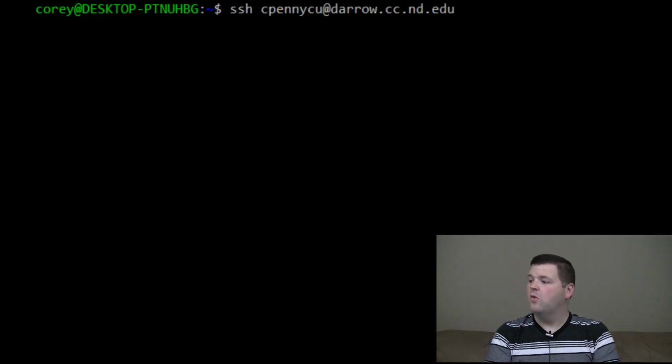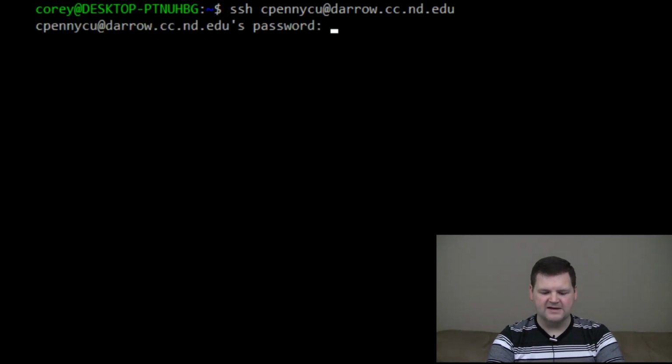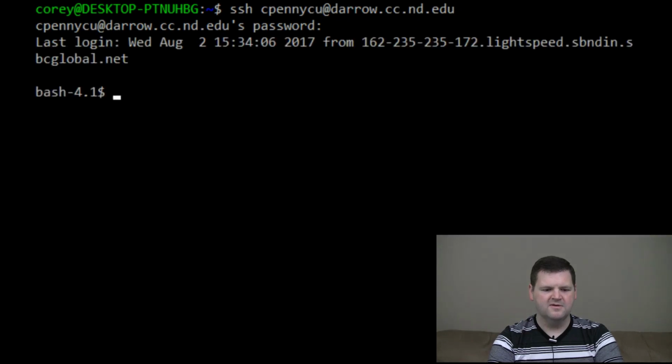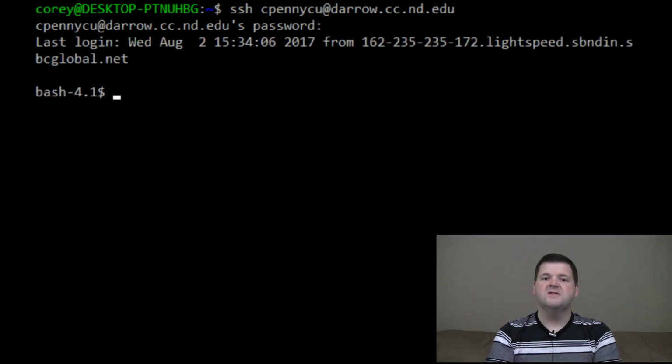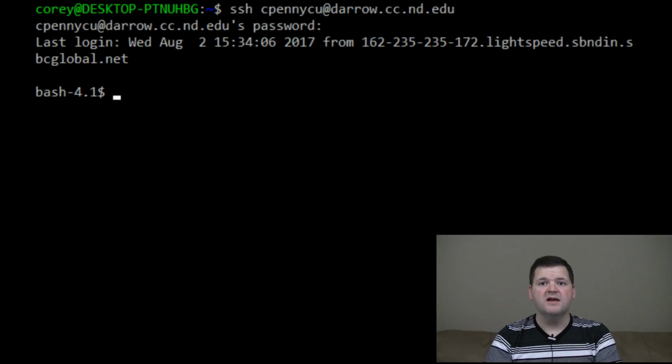So in this video, we're going to be looking at the file system. As you can see, we are in a command line environment, and I'm going to SSH to one of the school's computers and type in my password. And the first thing that you have to understand is when you connect to a server, you are sitting somewhere